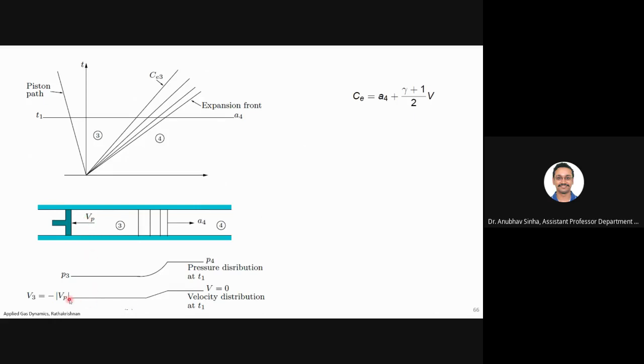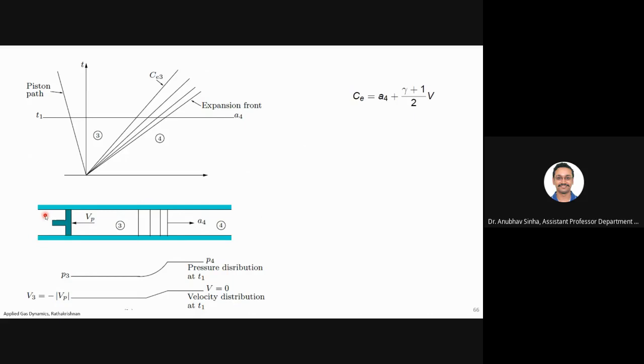You can also see that in the velocity plot. V is equal to 0 for the undisturbed fluid, which is just lying here. In this region, the fluid starts to move back to fill this void, and we see a negative velocity that is exactly equal to the piston velocity, but in the reverse direction. They are following the piston, that's all. So this is how we physically interpret it.